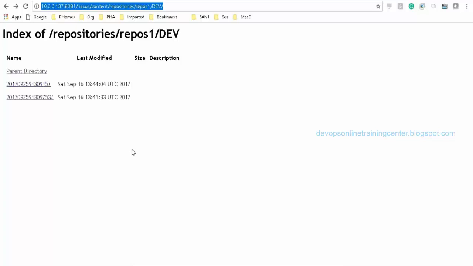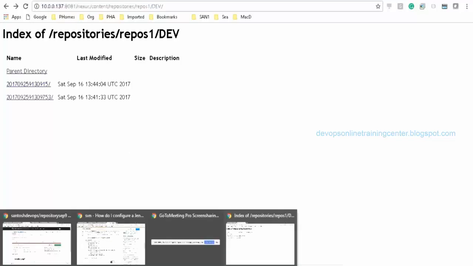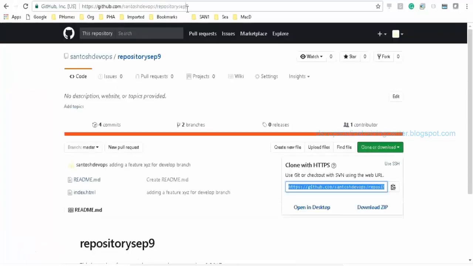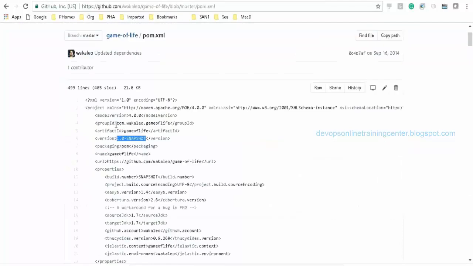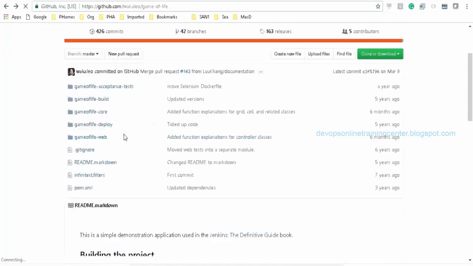No, it's only the source code. If you see on the GitHub, its format. Let me go. Let's see. See, Game of Life is available. Yeah. But there is no binaries. It's all source code. This we want to build. See, if you see, there is no target directory, right? Okay, yeah, it's just the source code.